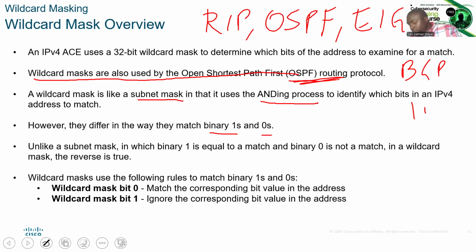Now, this issue of ANDing process here, remember at the beginning of the class, I told you that wildcard mask is the inverse of the subnet mask. What is a subnet mask? A subnet mask identifies the network portion of the IP address. So for instance, let me